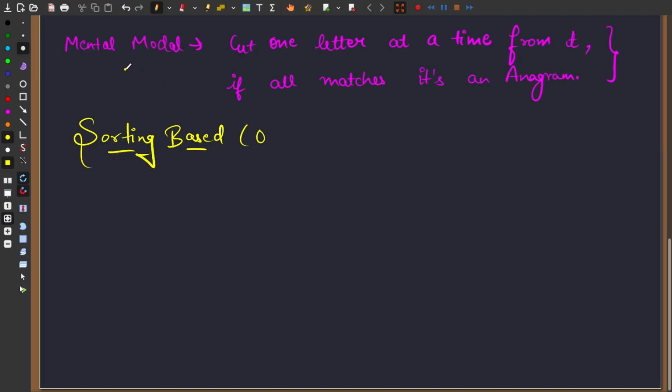We cannot say it is an optimal approach, but it is better than the brute force. And my dear friends, this is a one-line solution only,